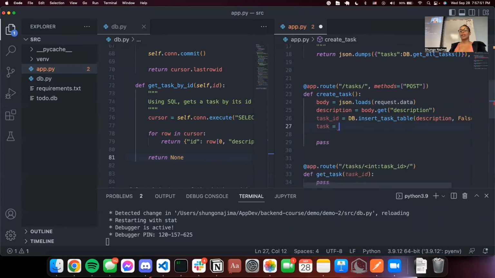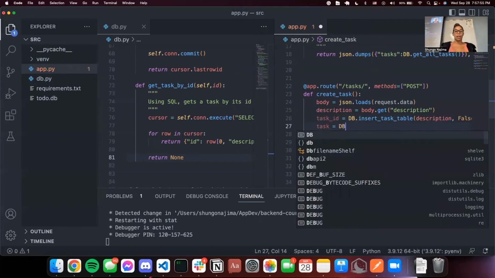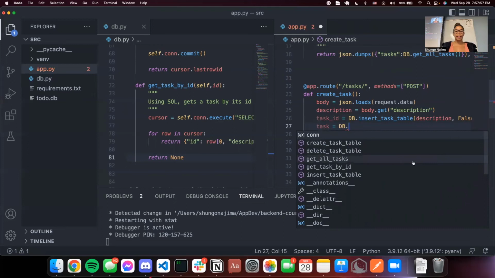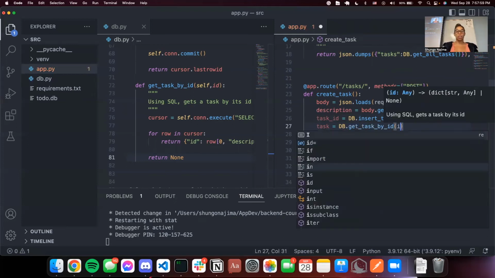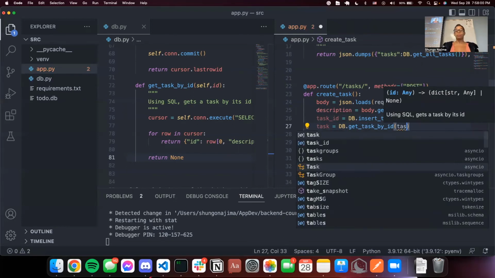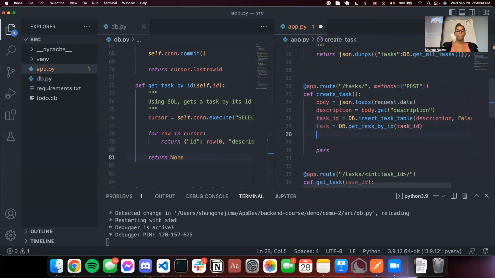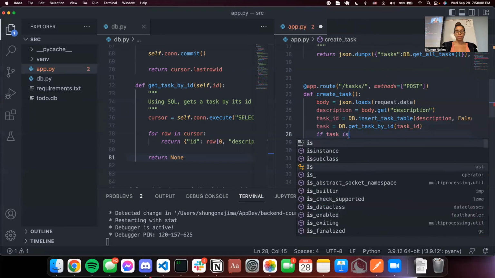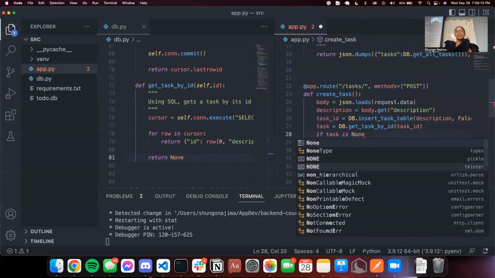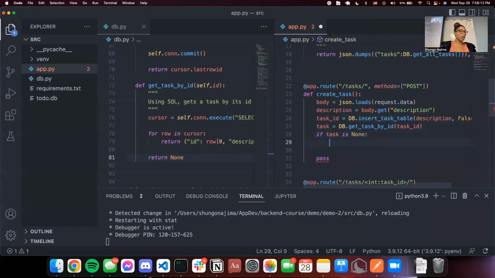So what we're doing here in line 26, we're inserting that task into the table. And now in line 27, we're going to get back that task to make sure that it worked correctly. So then we're going to say if task is none, aka it was unsuccessful in creating that task in the table, then we're going to return our failure message, which is